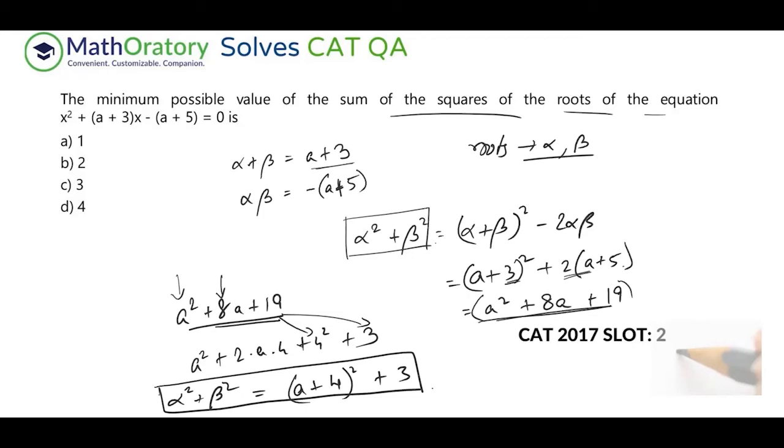Now understand this, a is a real number, of course, in this type of question. Otherwise it doesn't make any sense. And if a is a real number, then a plus 4 is a real number, right? The square of a real number can never be negative. So the minimum value of this will be attained when this part is 0. If this is 0, the entire thing is 3, and that should be the minimum value. If you approach it in this way, it becomes very easy.